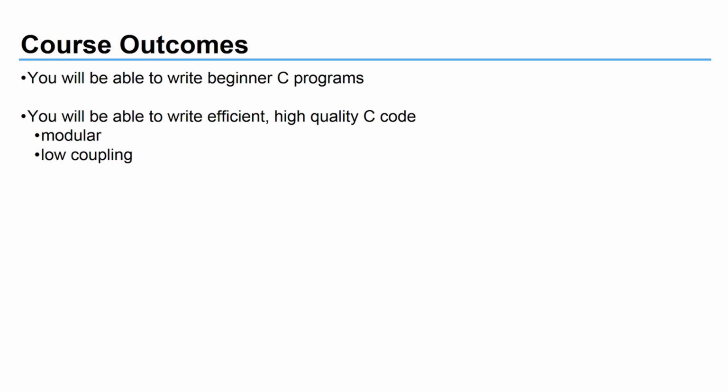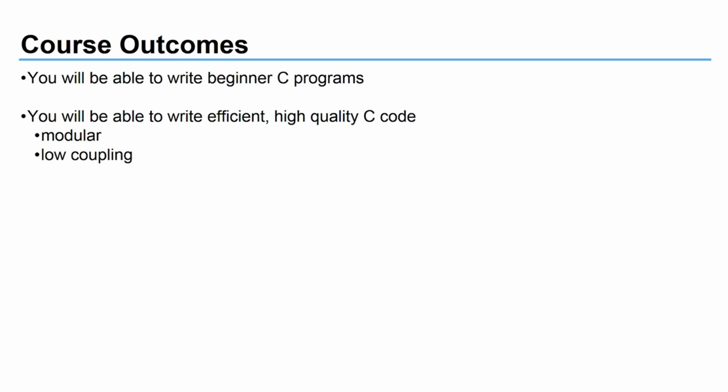You're also going to, as we go through this course, focus on writing high-quality code, efficient code. This is very, very important. Again, it affects the maintenance phases of the software lifecycle. So if you want to find and fix your errors, it's much easier to do that if you have high-quality code. So as we go through examples, as we learn these concepts, we're going to learn how to do it